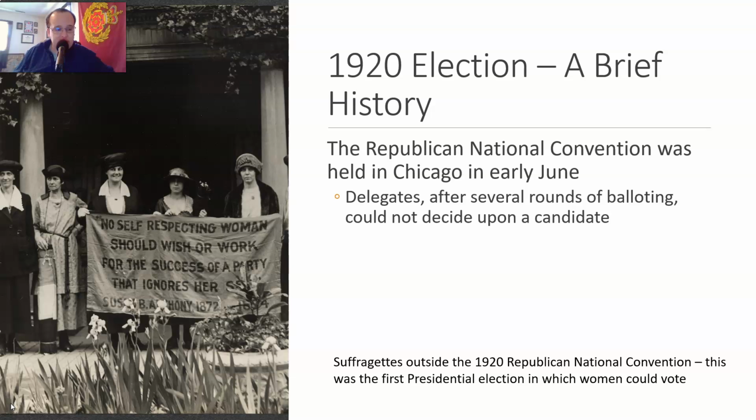And here we see a bunch of suffragettes outside the Republican National Convention. Again, it was the first election in which women could vote. And after several rounds of voting, these delegates to the convention still couldn't decide on a candidate. It was a deadlock. No one was pulling ahead. So